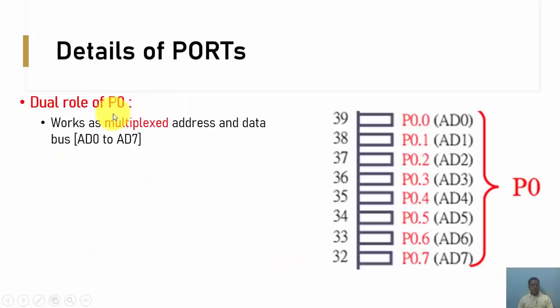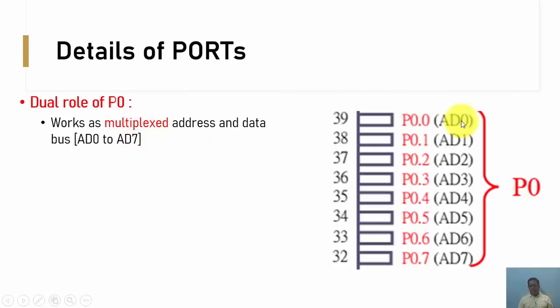Now the dual role of port P0. If you focus on pin numbers 32 to 39, no doubt it works as a GPIO, general purpose input output. Along with that, the dual role supported is a multiplexed address and data bus.